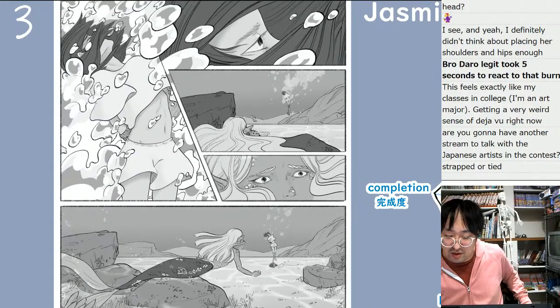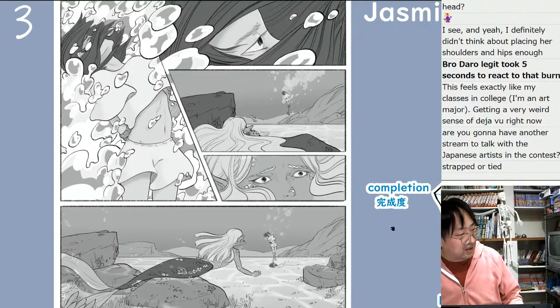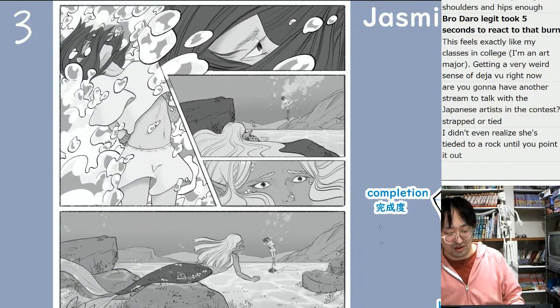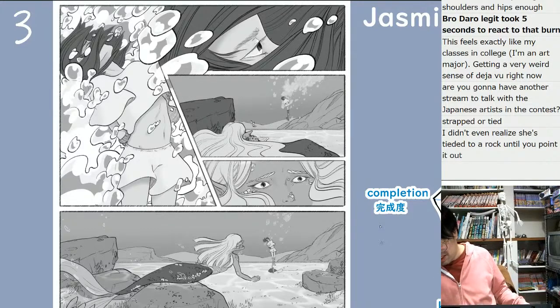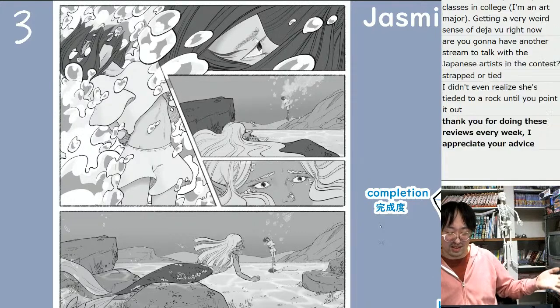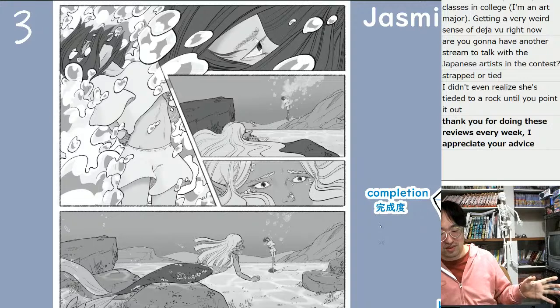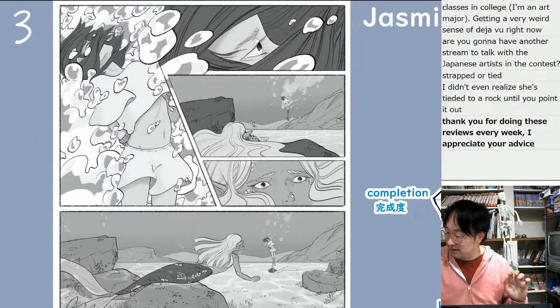So what I did here was, and also the black and white is not bad. It's not bad, but it looks like it turned into black and white after you colored it. So it's not integrated to be in black and white. It's either you do it in color or you do it in black and white. And this one looks like a black and white converted version because they didn't want to use ink. So if you're gonna go with black and white, I suggest that you use more pitch black or just plain white. So what I did was made